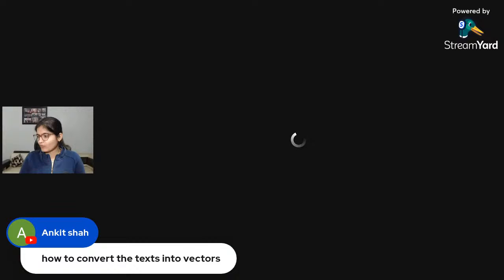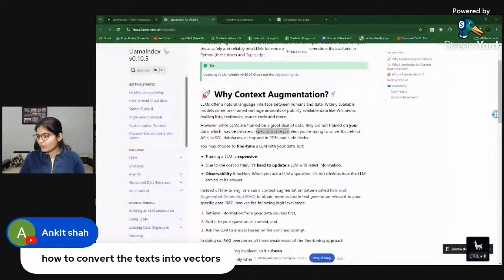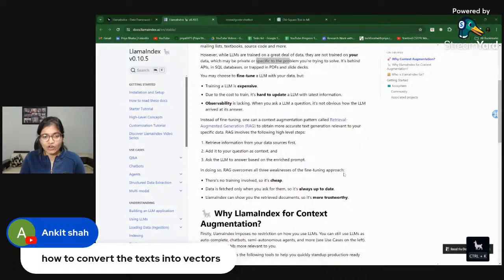I was sharing one thing in the documentation part. Just try to read it step by step, because these things are very important nowadays. If you observe, people and startups are spending a lot of time on these LLM based models. Here you can see something called context augmentation, which is specifically what the Llama Index is doing. You have to understand what this context augmentation is, what we are basically doing, and why Llama Index is for context augmentation.